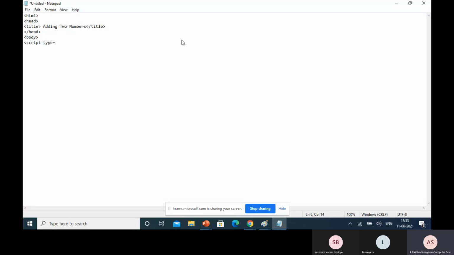This script type equal to text slash JavaScript. Then next, close this tag and start your JavaScript.